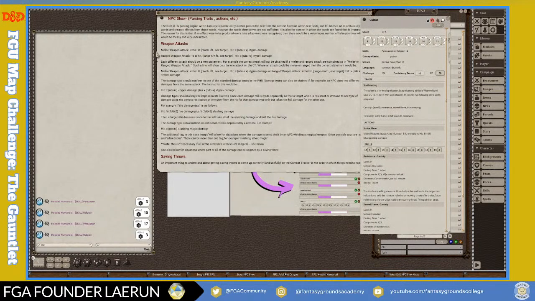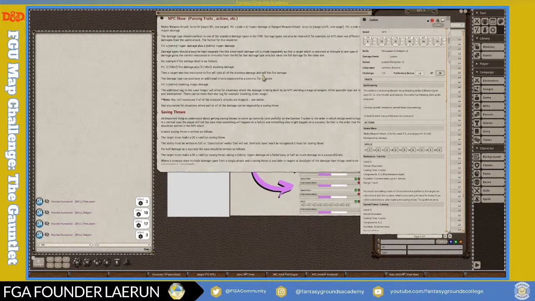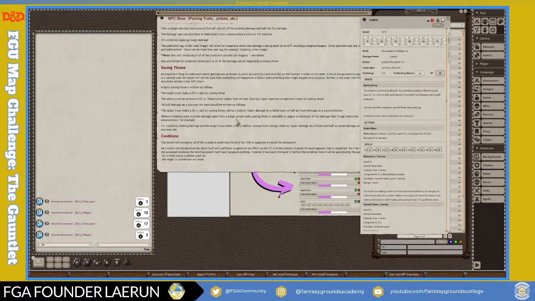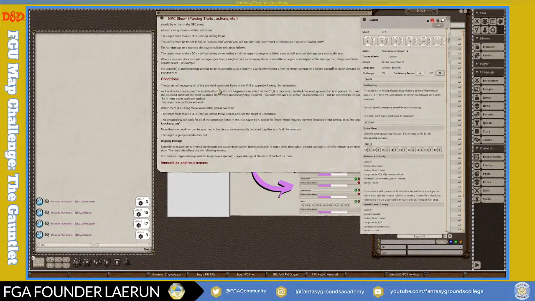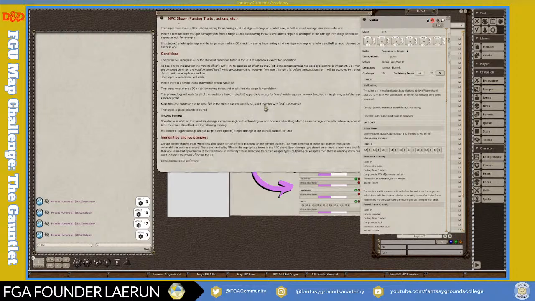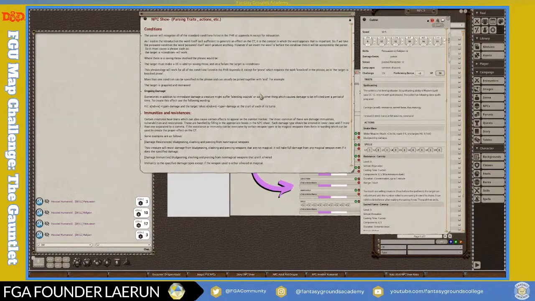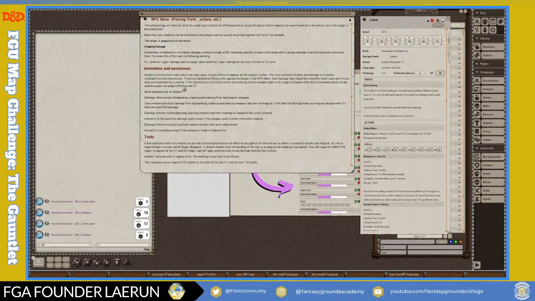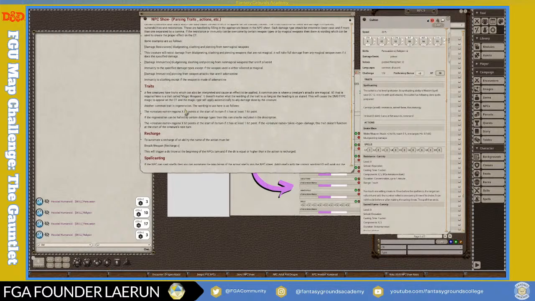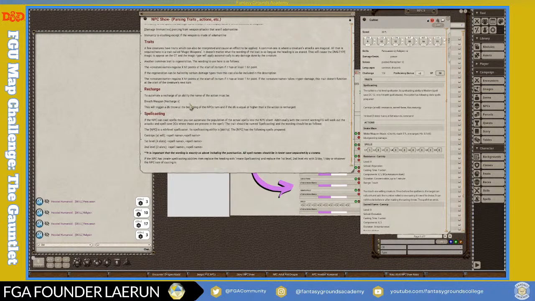So there's weapon attacks. In a certain way, they have to be written. There are saving throws. Those have to be written a certain way. You have conditions, which might be like, if you do this, then that, and it will apply a condition, like maybe poisoned. There's ongoing damage, where sometimes bleeding and wounds and poisons might go over a period of time. There's immunities and resistances. We put a resistance to poison on our cultist. There's traits, so it depends. Like there's regeneration. There's the spellcasting traits. You can make a trait called magic weapons. I mean, there's all kinds of things that you can put in the traits, but they have to be written